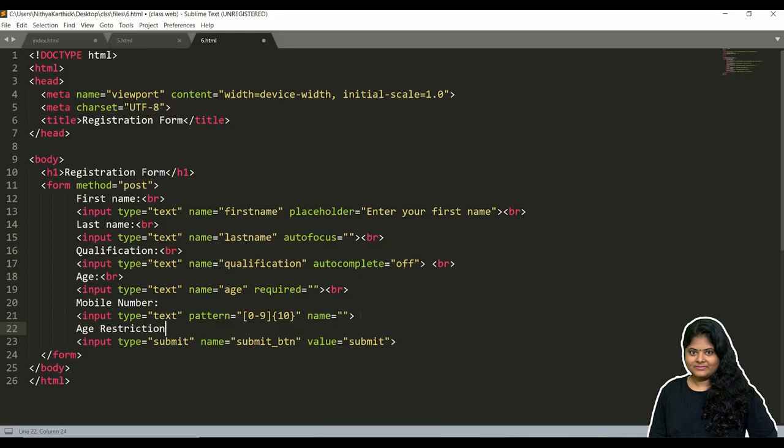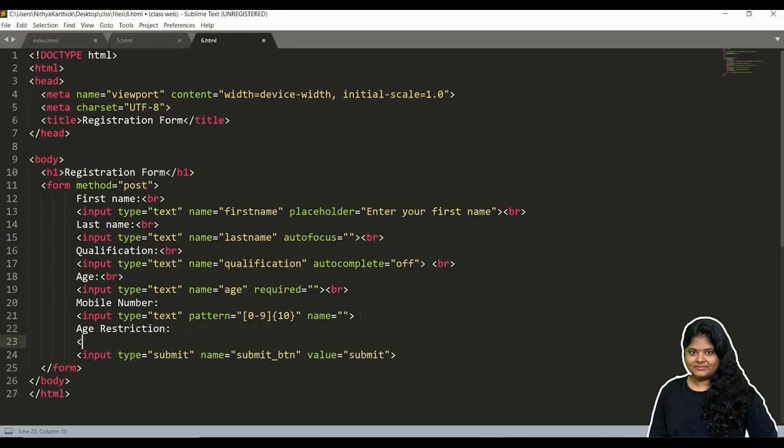Inside this age restriction I am providing this input, but the type is number. For registration, I am fixing that the age should be between 1 and 15, so the age should be below 15. Let me see the result.